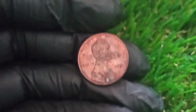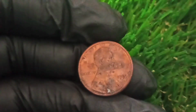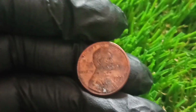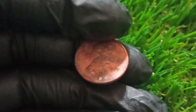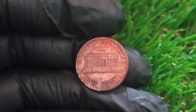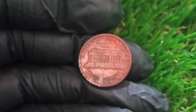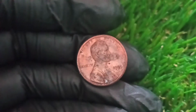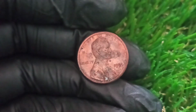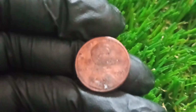on copper-plated zinc planchets after the 1982 transition away from bronze, this particular coin was discovered to have an entirely different and previously undocumented metal composition, one containing traces of palladium, silver, magnesium, and titanium, suggesting that it may have been struck on a prototype planchet originally designed for experimental minting tests related to long-term corrosion resistance, electromagnetic interference reduction, or even potential integration with new vending machine or transit token technologies being explored at